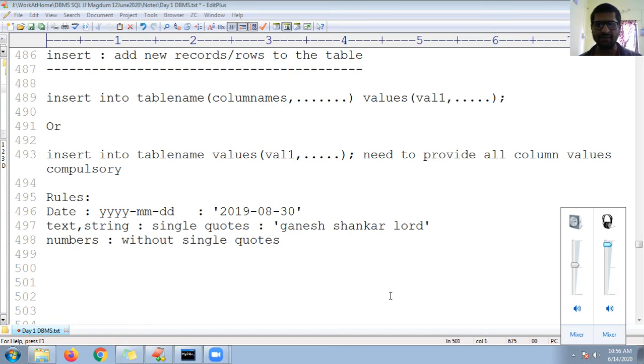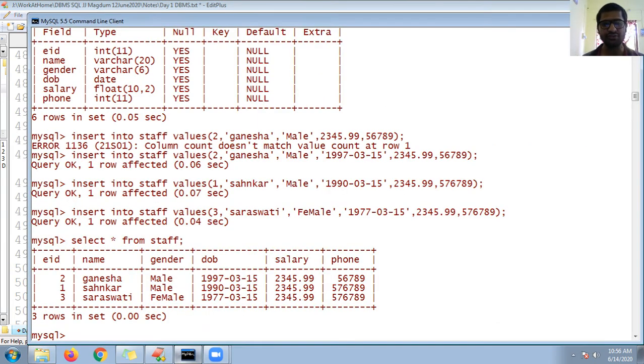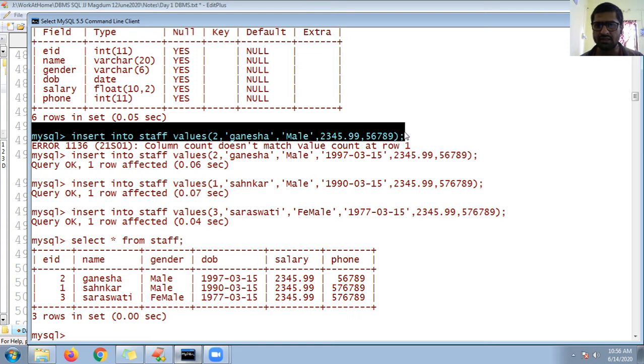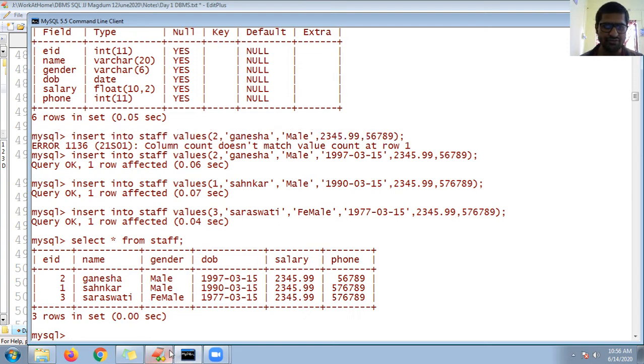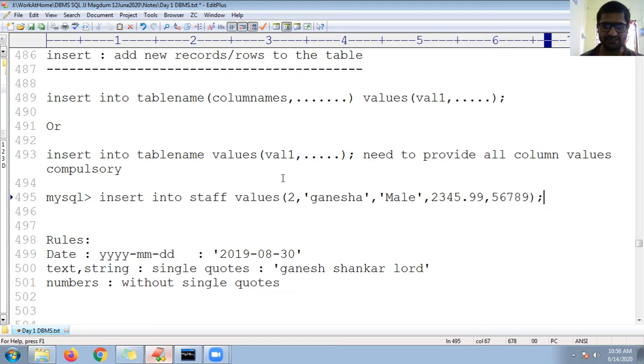Okay, guys, fine. I'm audible. Actually, because of the network, everything had stopped. So my intention is to show this example. When I try to insert this query without a date of birth, by using only values, for the second example syntax, I haven't inserted the date of birth. It has shown the error.